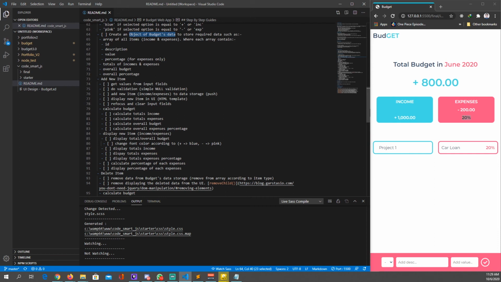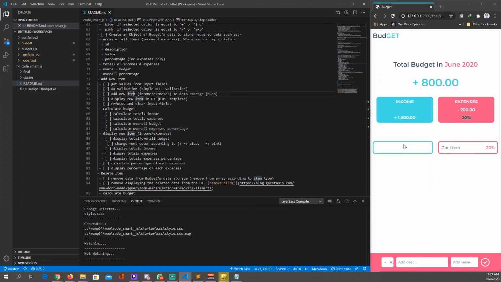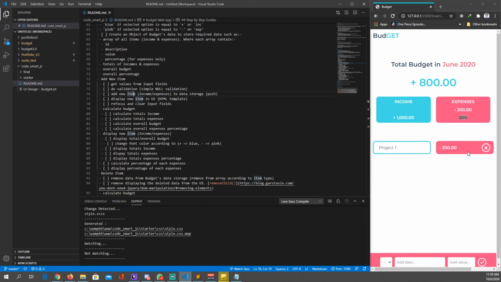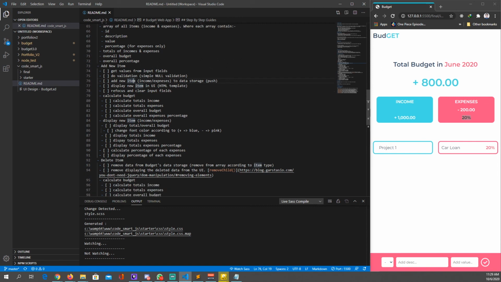Since it's defined as an array of incomes and expenses, we're gonna use array push. After we add them, we're gonna display the new item in the UI. This is the part where we display the income list and also our expenses list. And after we display them, we're going to refocus and clear the input fields.